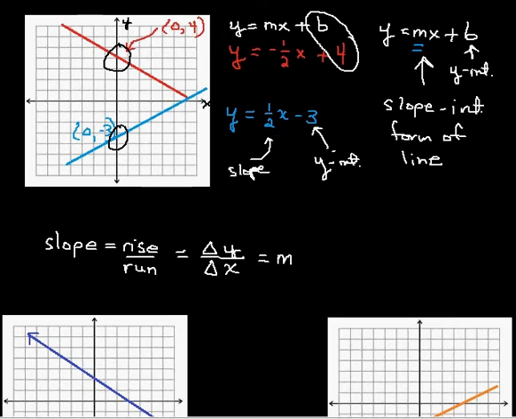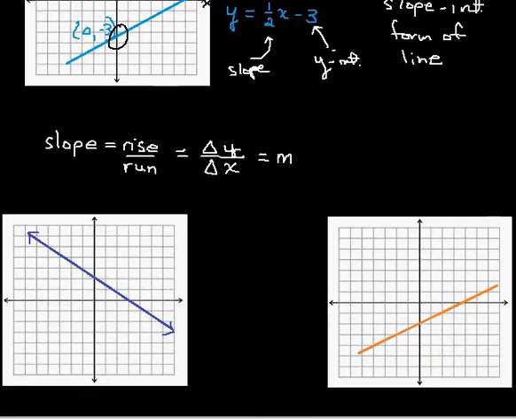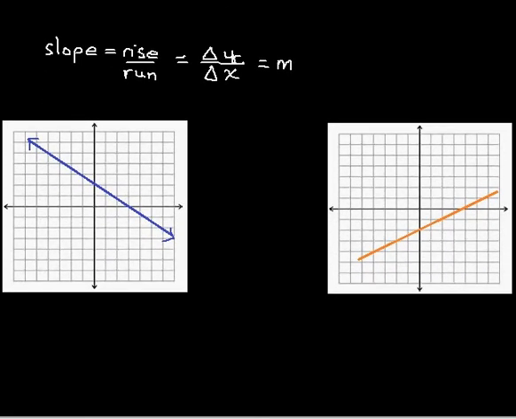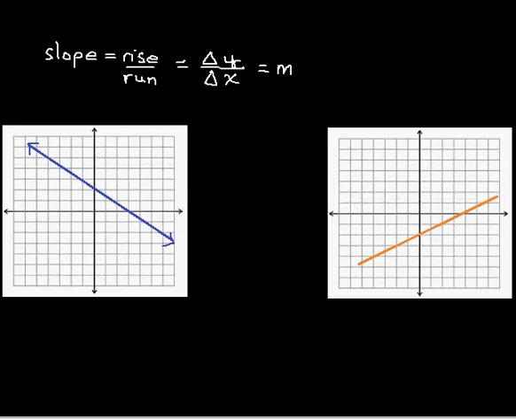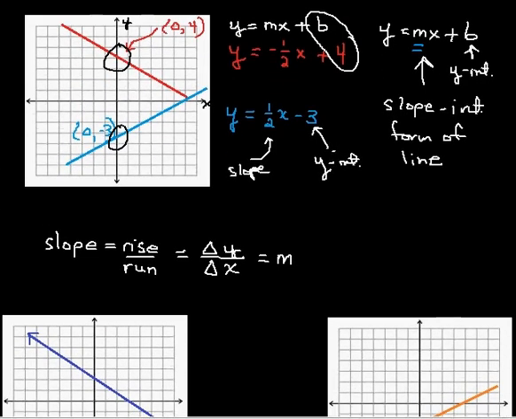Now you guys don't know anything about slope yet, so let's get into that. Slope is simply the rise of the line over the run of the line. So how far it rises versus how far it runs. Let's look at this previous one that I had up here. This red line, if we pick 2 points, say we pick another point over here, and we construct a triangle from that point to this point,